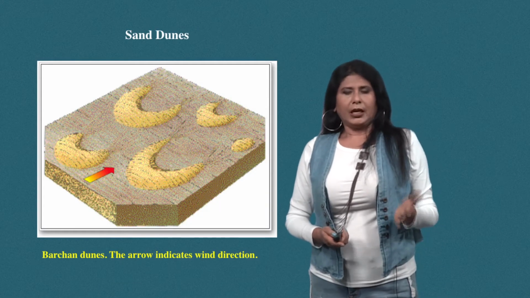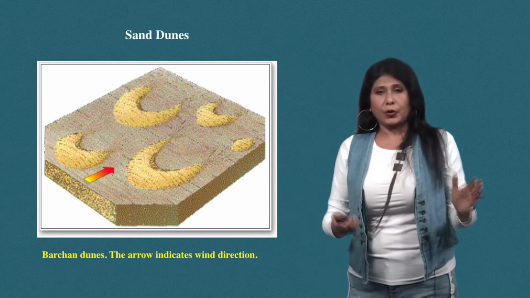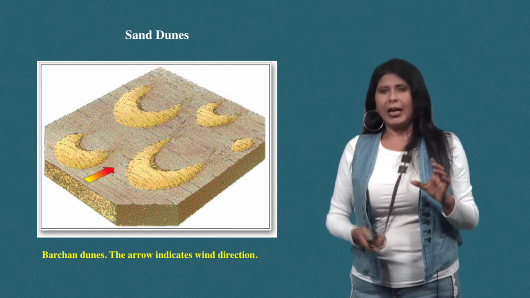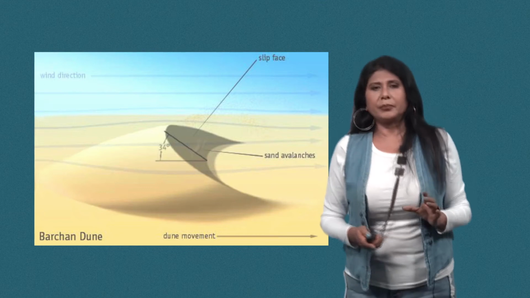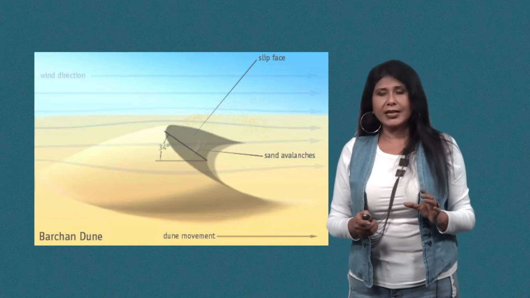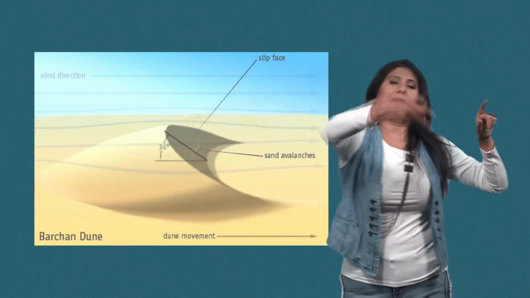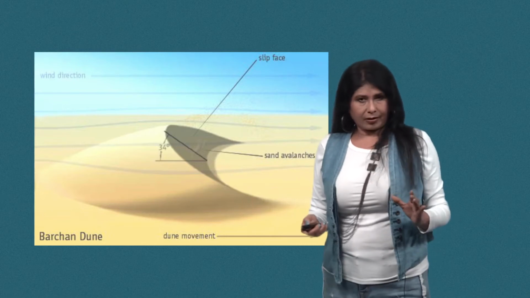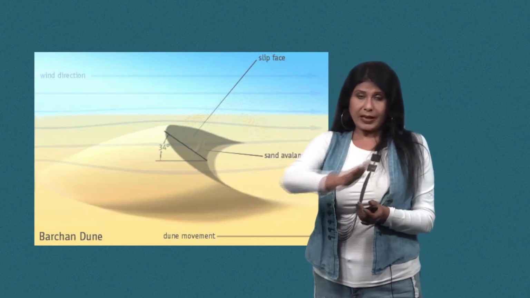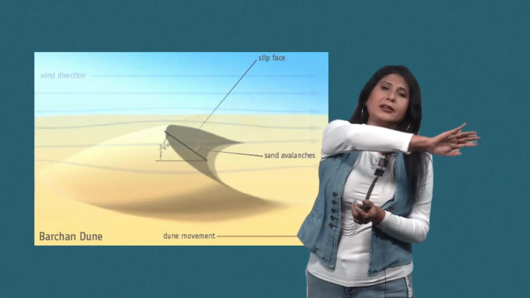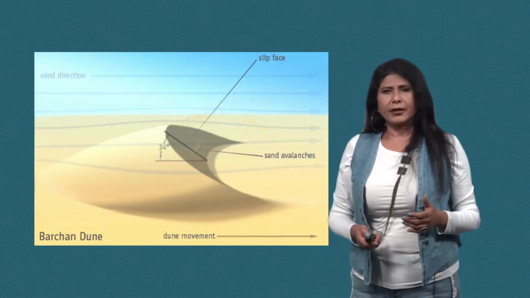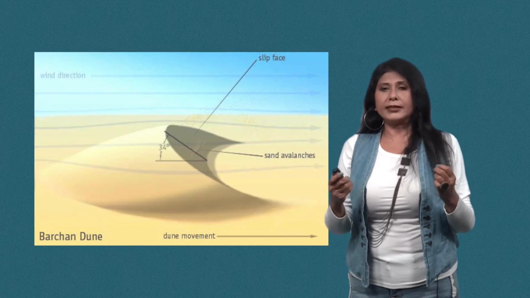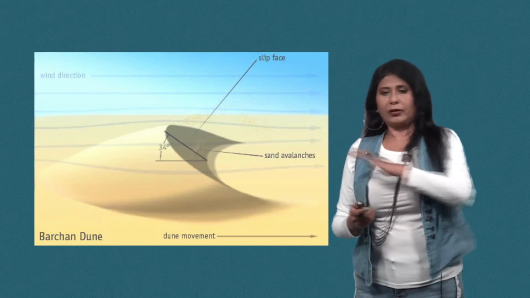Next is the sand dune. Sand dune is something which everybody is aware of because we see them in pictures. Depending on their shape, we give different names to it, and the one which is very common is called Barkhan, Barchan, Barkhan dune, which is shaped like a horn or crescent, half moon. If we look at the 3D picture of a Barkhan, we see the slope is very steep and concave, and the slope outside is gentler. They are found where there is abundant supply of sand and the wind is unidirectional,